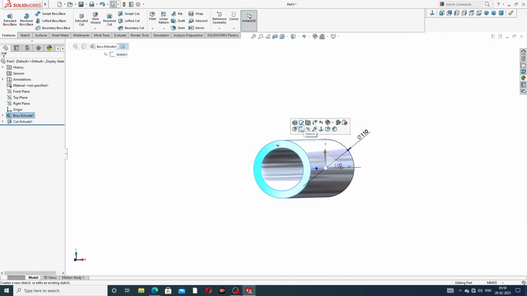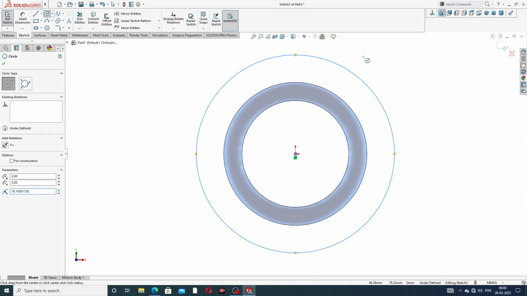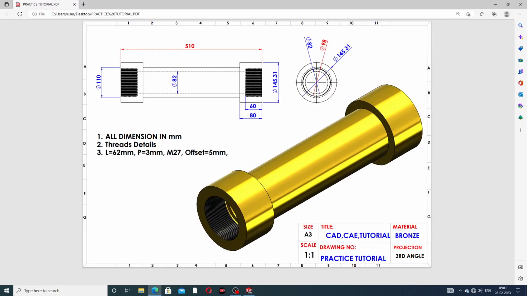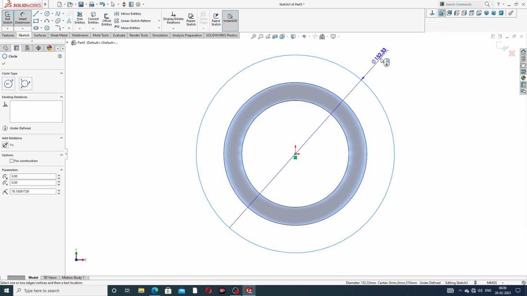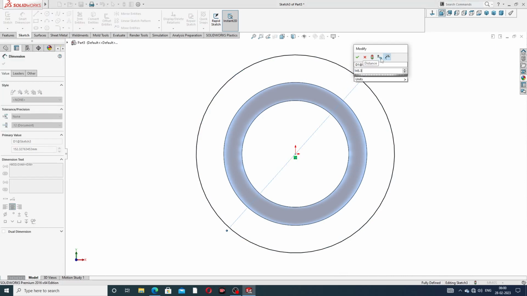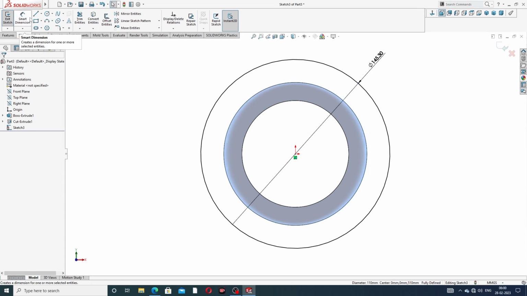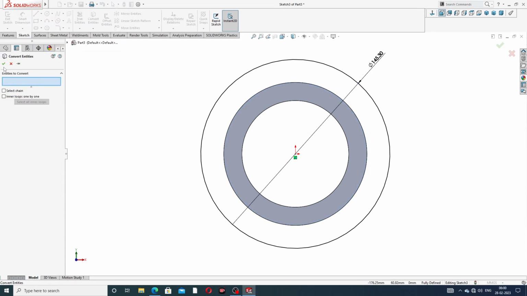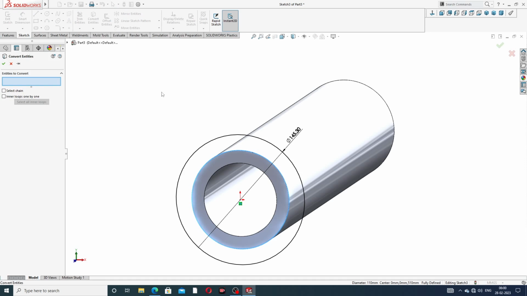And again select this face, sketch normal, drawing a circle is this, and this diameter is 145.31. Okay, and this length is 80 millimeter. Okay, and this is 145.3. Okay, and again select this, and this is convert entities. Select convert entities, select this and click OK,